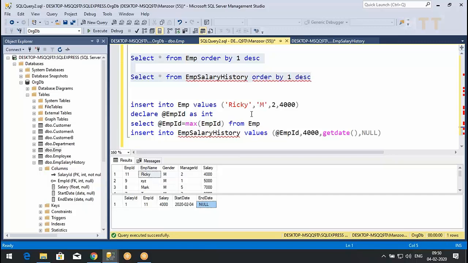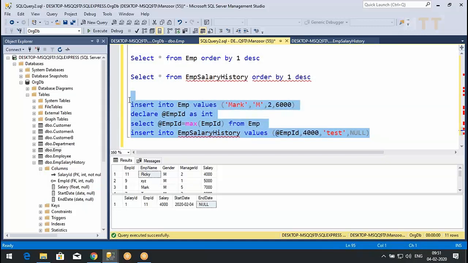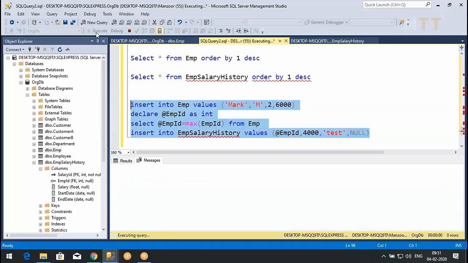But this should be a transaction, right? Don't you think it should be a transaction? See, if insertion over here fails, somebody is trying to insert Mark 6,000. You have one insert, another insert. Now let me execute this and see what it says.